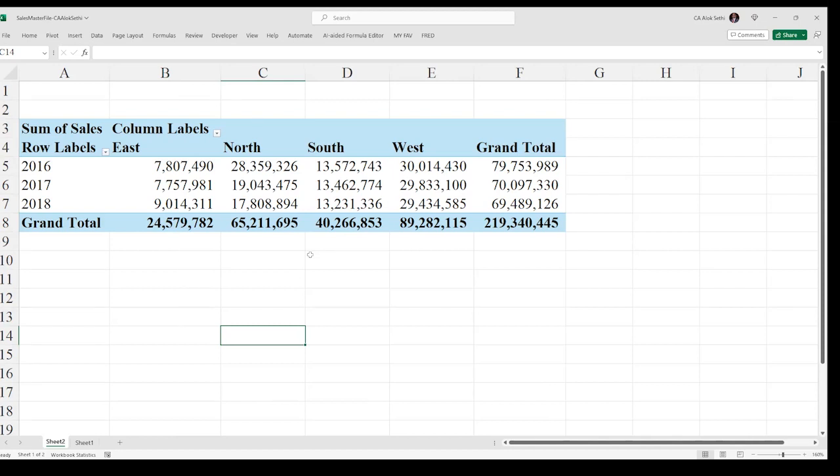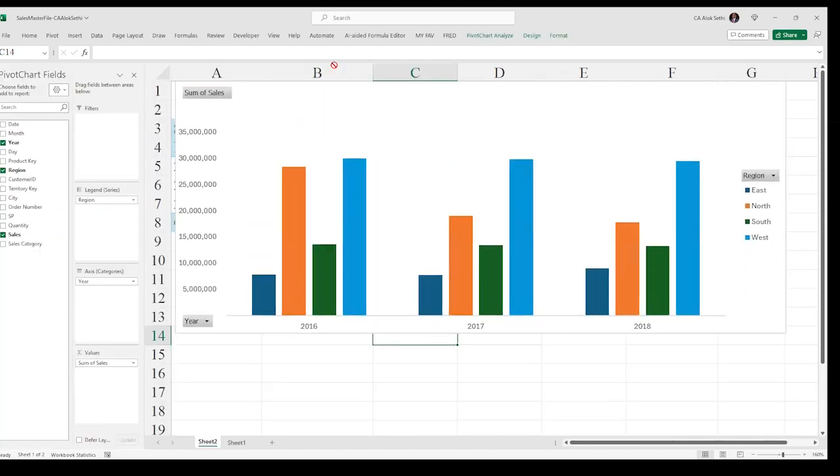Now, when you want to find this answer, you have to go through the numbers, apply mathematics, and then compare, and you could tell कि 18 का sale सबसे कम है. But if I show you the chart again without showing you the table, and I ask you the same question,